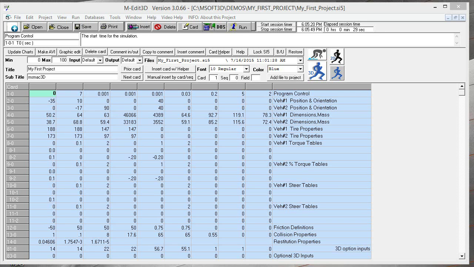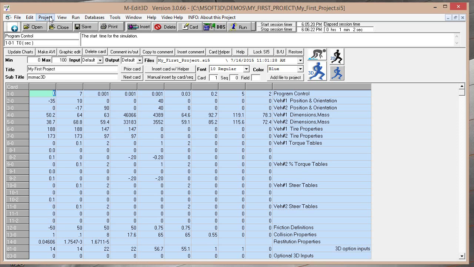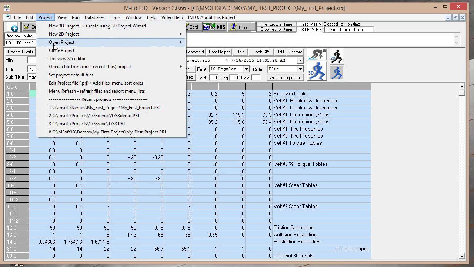This is a quick run through of a couple of things that our msmac2D users would want to know to be able to run your msmac2D projects in the mEdit3D environment, and then also how to upgrade to go to the 3D. The first thing we'll do is in the project menu, when you go to open project,